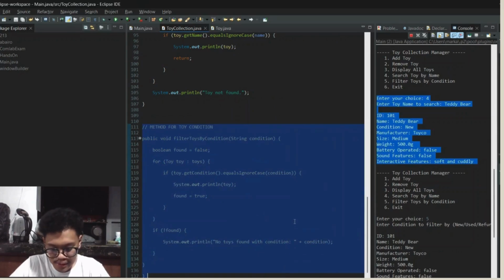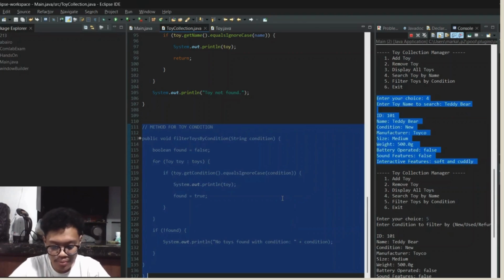So this method displays all toys that match a specific condition: new, used, or refurbished. If no toys match, it prints no toys found with that condition. How does it work? A boolean found keeps track of whether any matching toys are found.